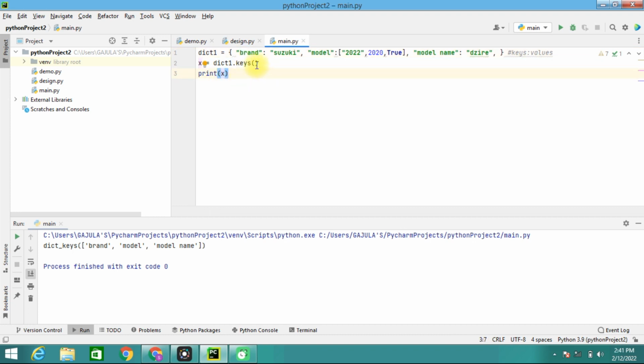So here automatically it will take self. Self means a dictionary, already it will take. The list of keys is a view of the dictionary, meaning that any changes done to the dictionary will reflect in the keys list. Okay, so here I want to change,